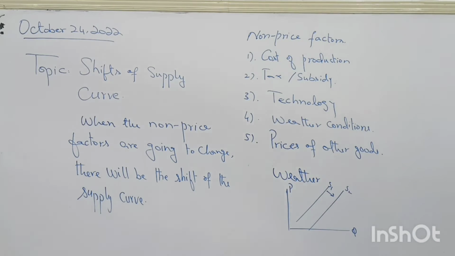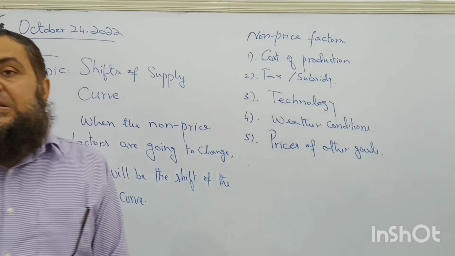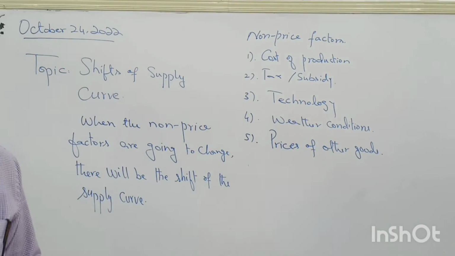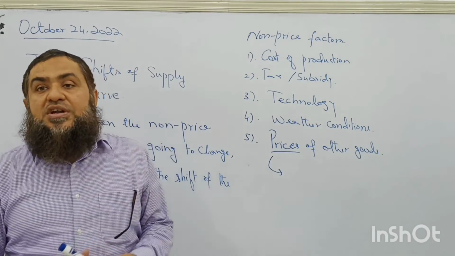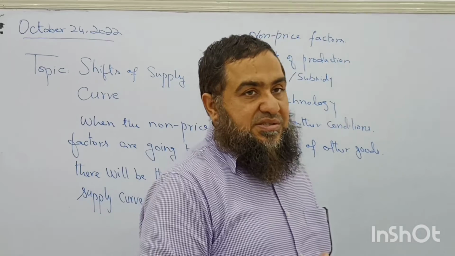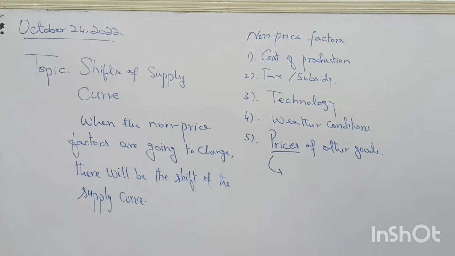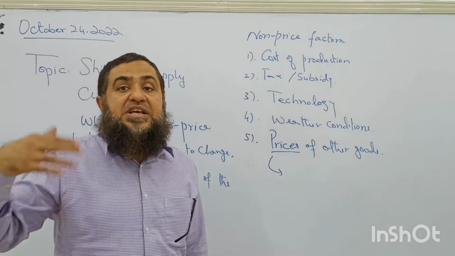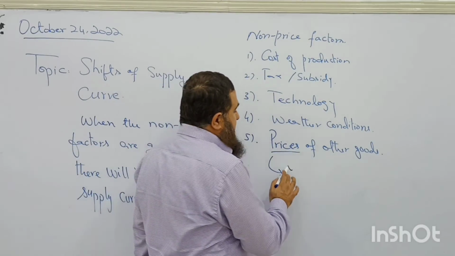Now the important point is the prices of other goods. What do you mean by prices of other goods? Do you think they are going to cause any change in the price of the products? Now we talk about this. If your rival firm has increased the price, what happens? The customers will start buying your products, and the other firms will increase their supply. Clear? If the rival firms have increased their price, their increasing price will increase the supply of the other firms.